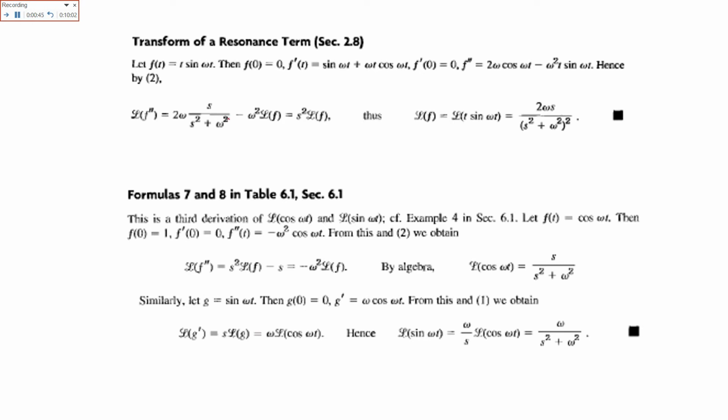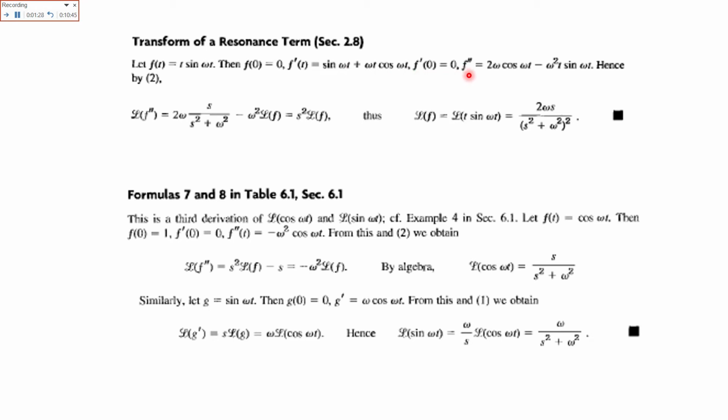First of all, we'll take f of 0. Let me show you the highlighter. Now f of 0, here when we put the value 0 the whole function becomes 0. So f of 0 is equal to 0. Now f dash of t, here we are taking the first derivative. The derivative has two terms because we have two terms of t: sine omega t into 1 plus omega t cos omega t. This is the f dash of t. Similarly, f dash of 0, here we have t, here we have t, so the whole becomes 0.